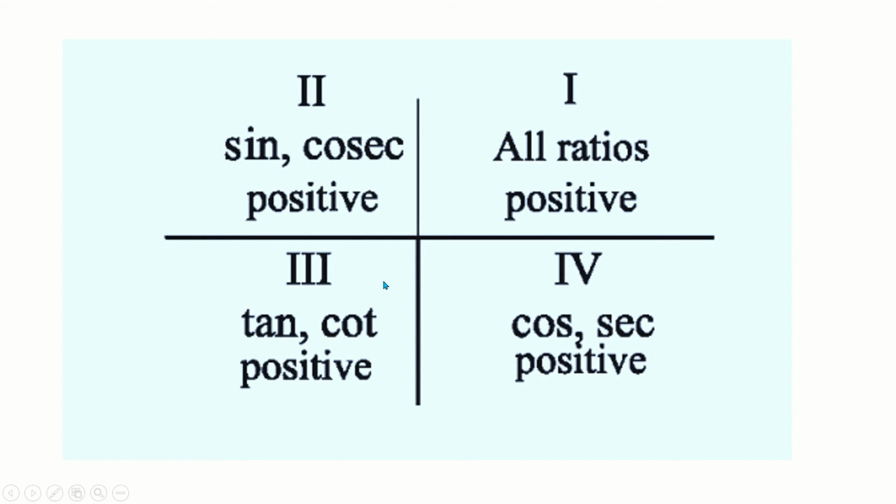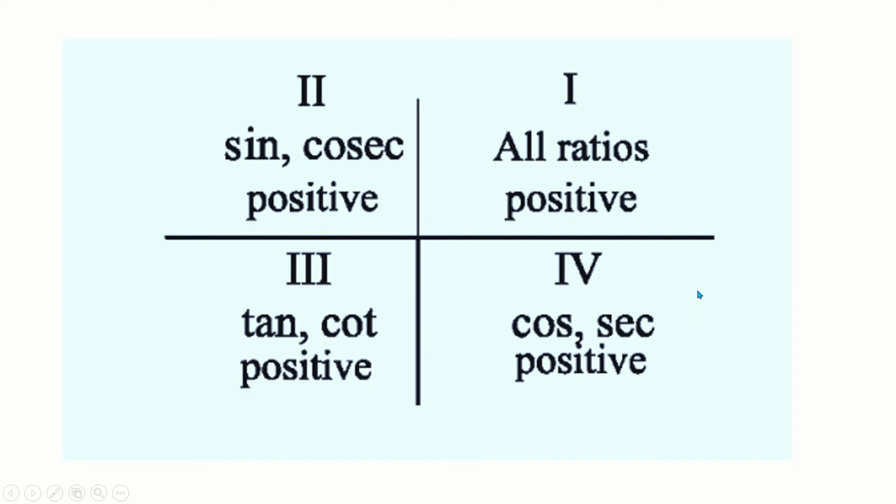So hypotenuse and base are related to the ratios cos and sec; perpendicular and hypotenuse are related to sine and cosec. Clear? So other than tan and cot, all will be negative in this quadrant. X is positive, meaning base is positive, so positive divided by hypotenuse is positive. Hypotenuse is always positive, and hypotenuse by base is also positive. So hypotenuse and base relate to cos and sec.